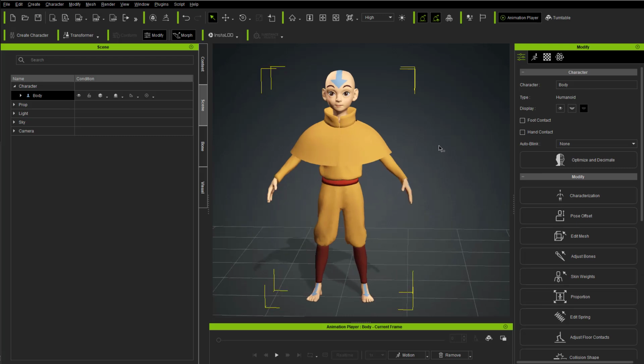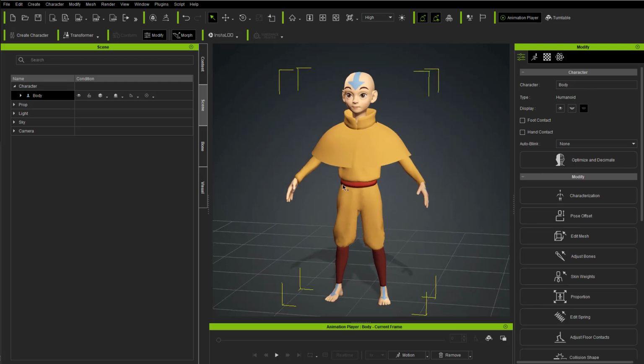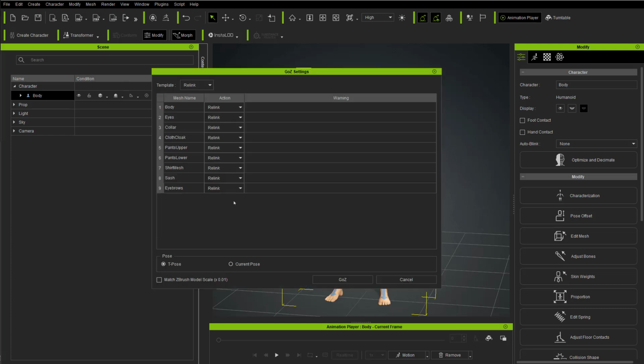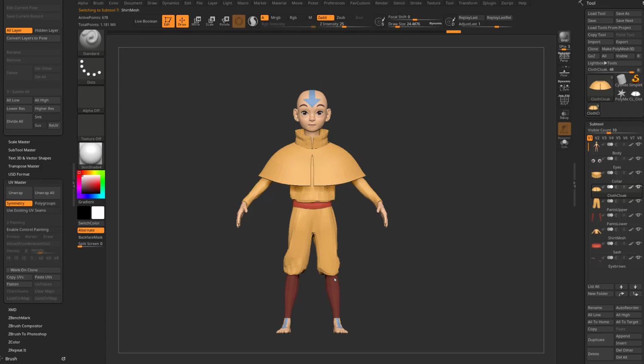That takes us out of AccuRig, so now we have a skeleton, and we have skin weights. And the very first thing we need to do, before we do anything else, and you'll also notice we have a character as opposed to a prop now. Select that very top body node, go up here to Go Z, and we're going to relink everything back to ZBrush just to make sure that any verts that moved from Character Create are going to be represented and updated in ZBrush. So relink, select it for everything, choose current pose, hit Go Z,